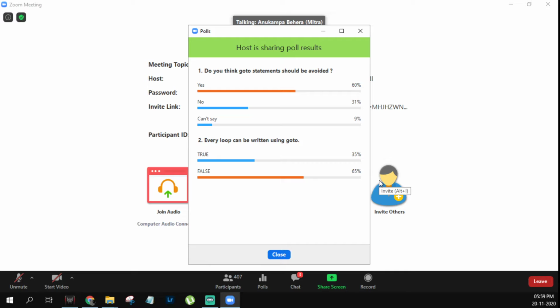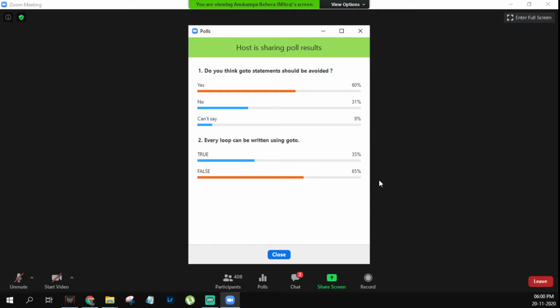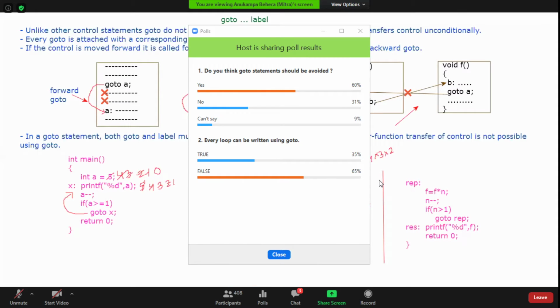You don't like it there, you write another go to and come back. This shows a very illogical behavior of programmers. Yes, go to should be avoided, but I have never said that go to should be eradicated. It has nothing to do with memory space or anything. Sometimes a wrong utilization of go to may lead to skipping certain statements. So see, this is a logical flaw or not.